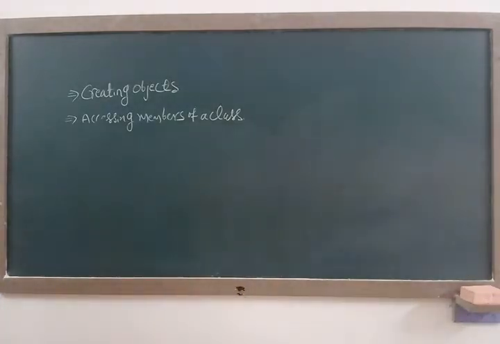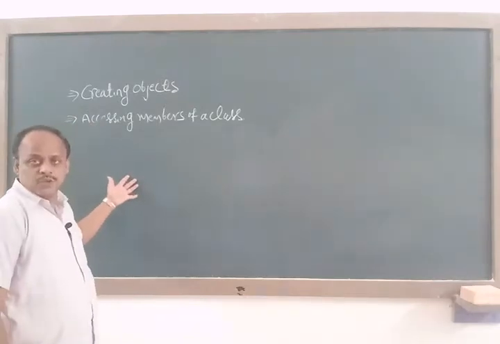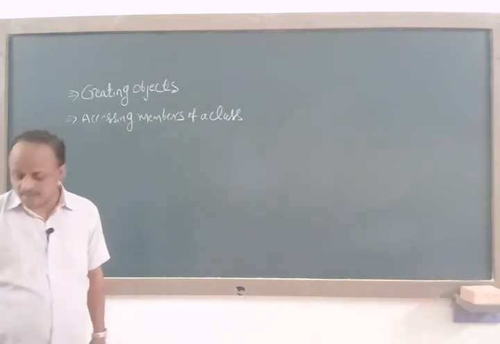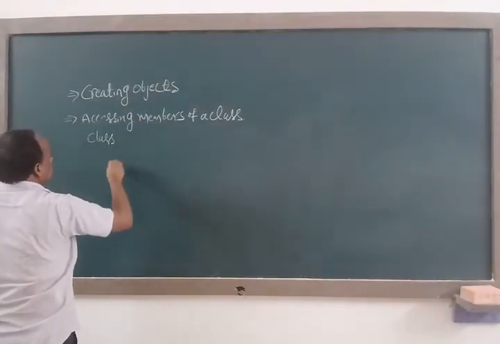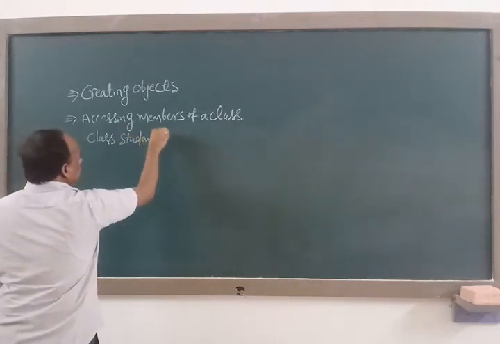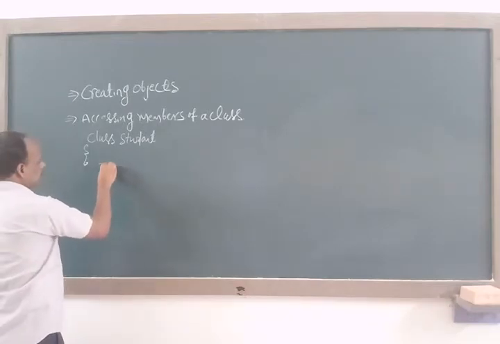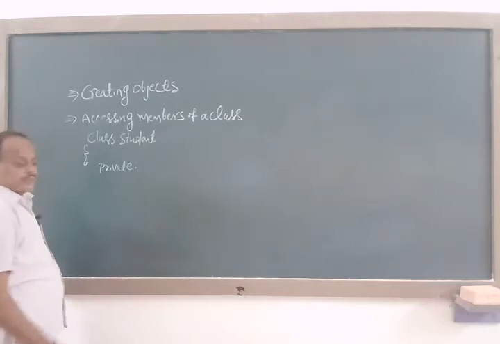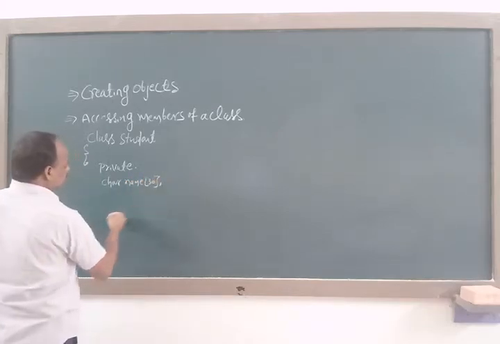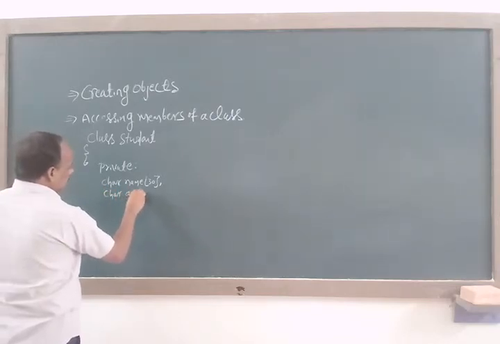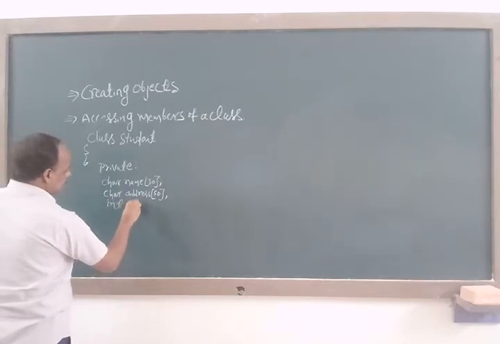Let us see. The following program segment shows how to declare objects for the class. Now consider a class called student. Right? When we consider student as a class, write down private. What will be the data members? Char student name, char address, integer marks,